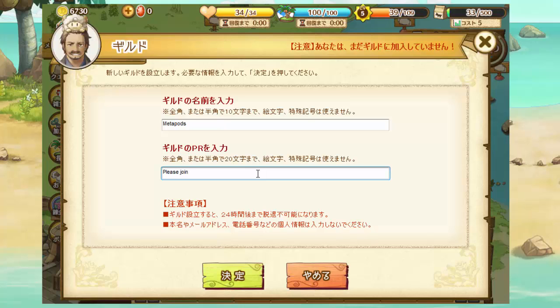So you can type anything here, and it will be shown to the other players to convince them to join your guild. And then here it's just letting you know that it can take up to 24 hours for these changes or guilds to take effect and show in the list. And it lets you know that you cannot and should not be putting personal information like your email address and telephone number and things like that into your guild PR. So when you are happy with the way your guild looks, you can click this left button here